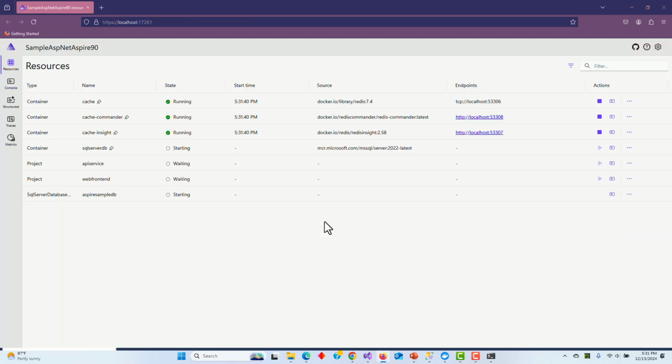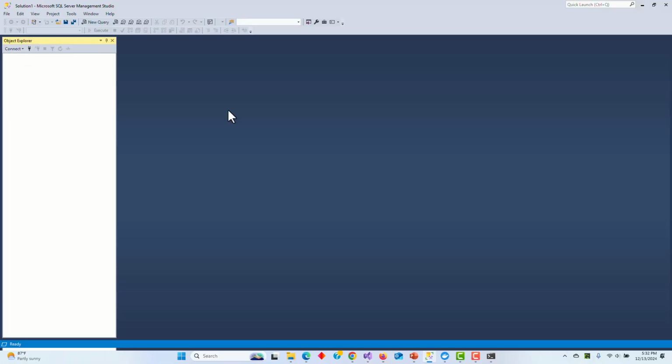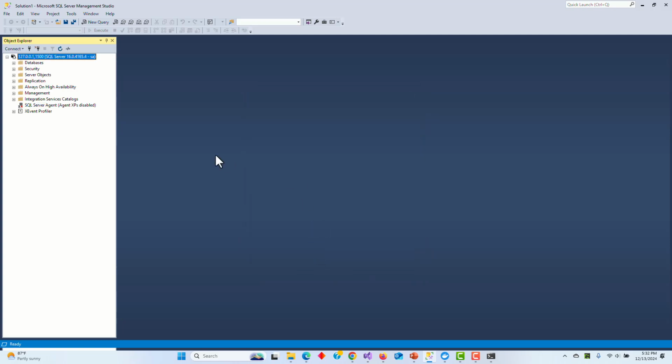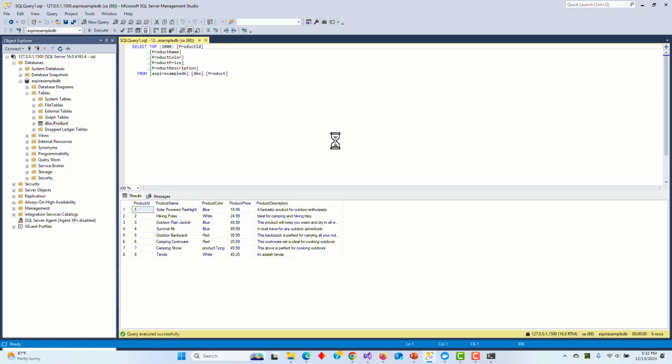Yep. Okay, the container should be created first. Okay, it is running, and let's try to connect again to see whether my changes are persisted. I mean, the newly inserted row should be available, right? Okay, tables, select top 1000. Yep. Now it proves that the change is persisted even though the container is stopped and deleted,